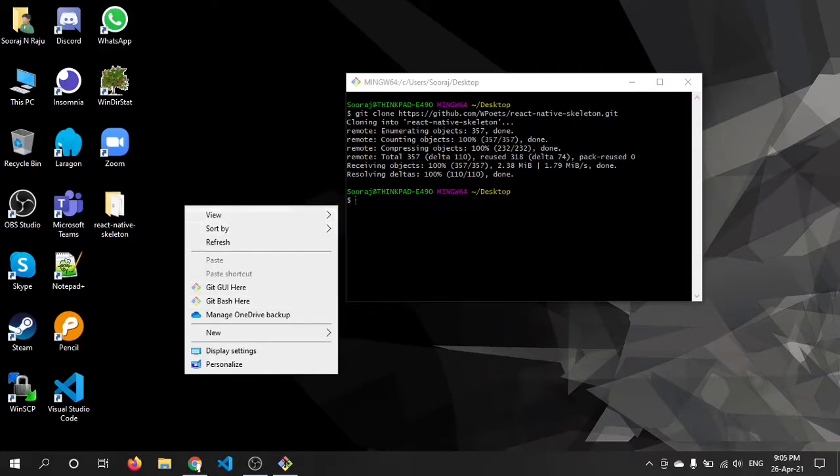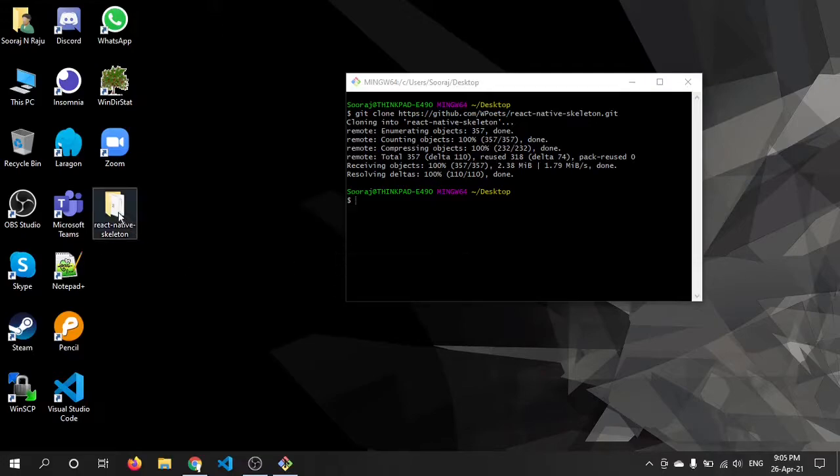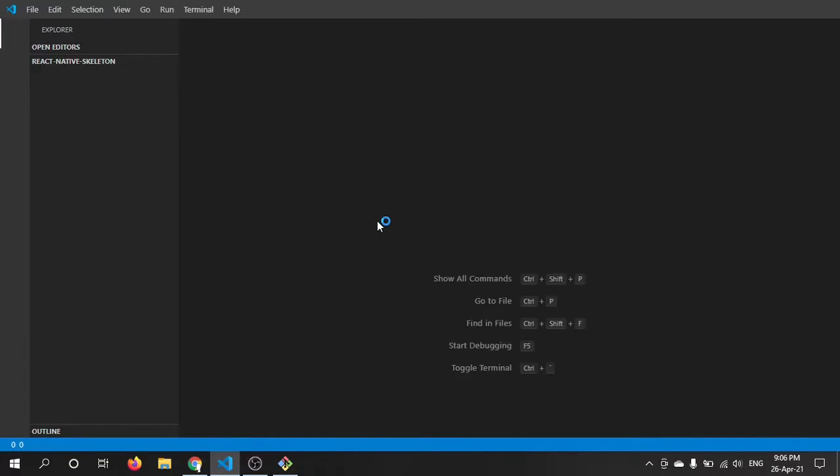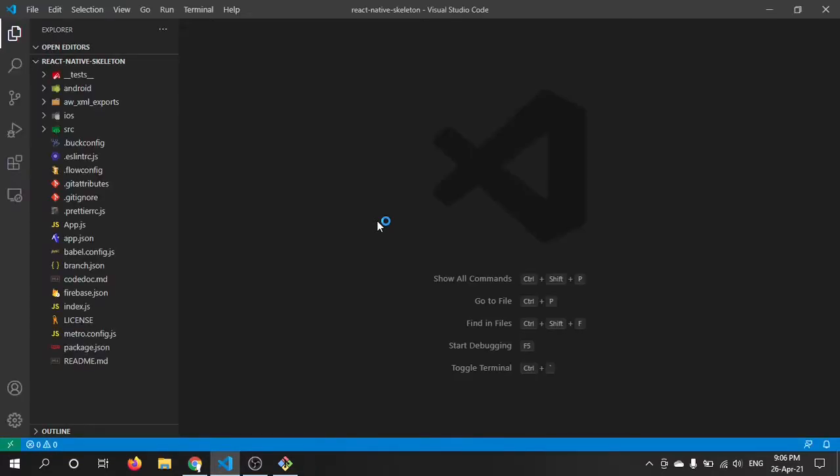Now we can go inside this directory, and we can open this in Visual Studio Code. Here we are.